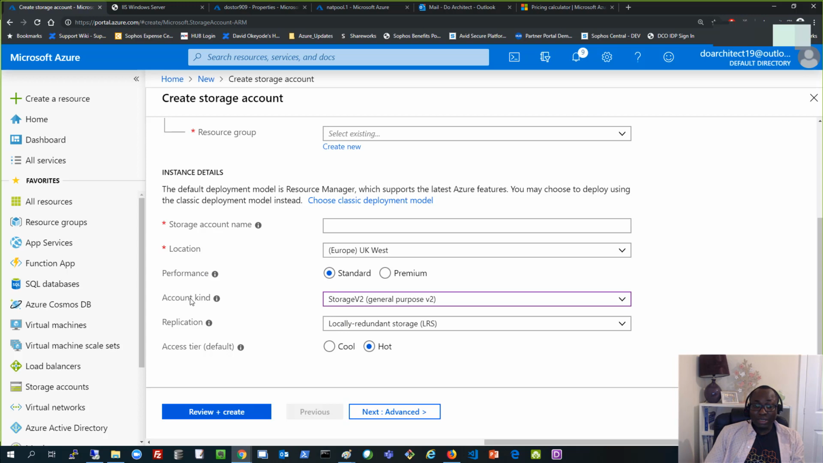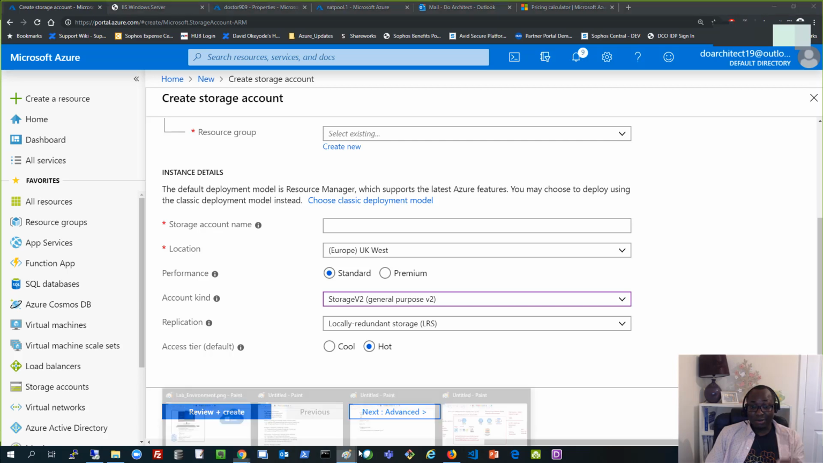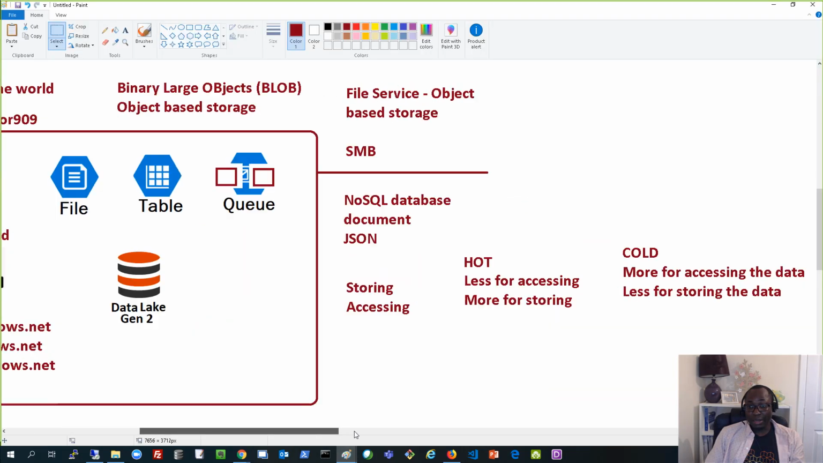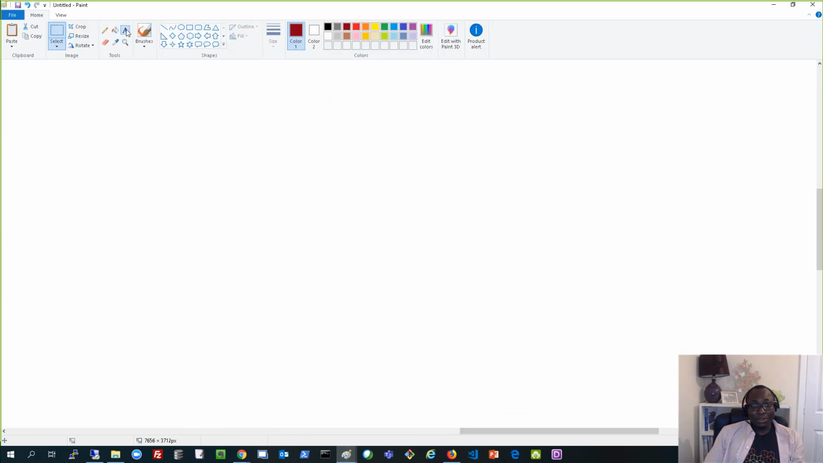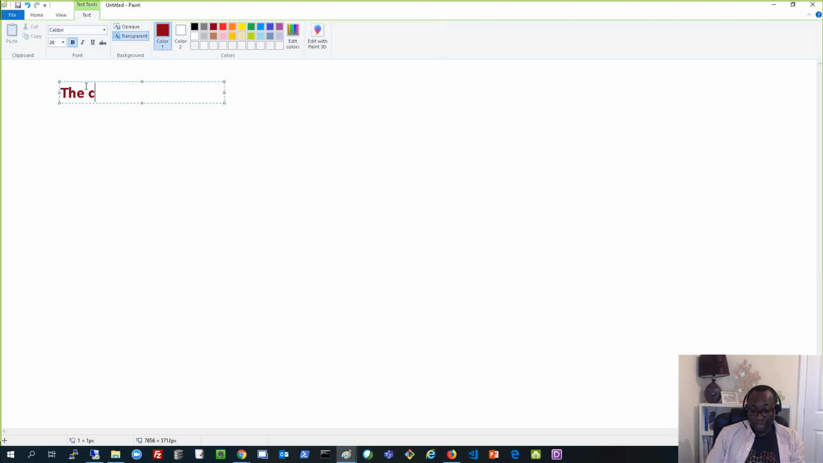But what this also determines, what the combination of the performance and the kind that you select determines, is the services that are available to you in that storage account. That's so important that I've got to write it down. So for storage account, the combination